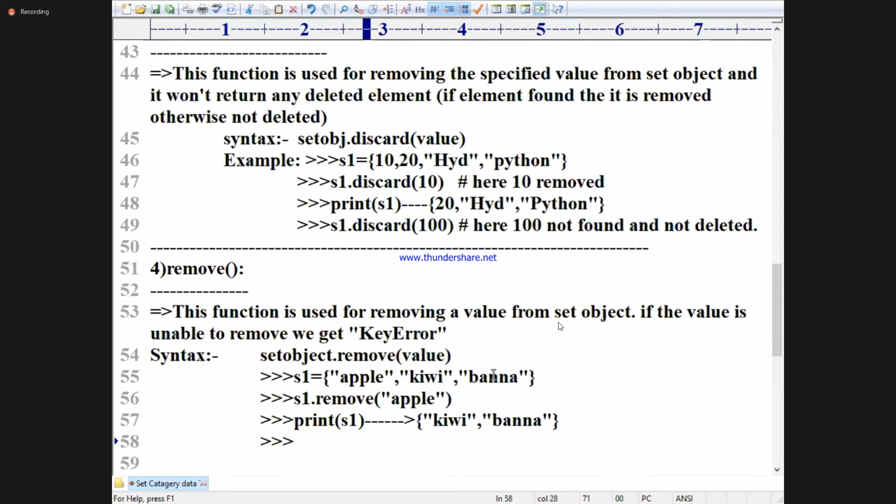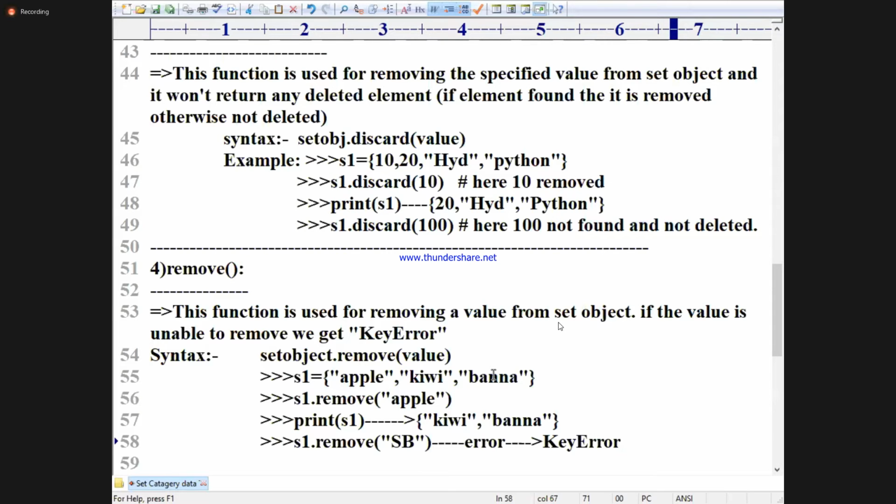Now I am writing one more: S1 dot remove of SB, some strawberry. What is happening? An error will come. What is that error? Key error. Why key error?